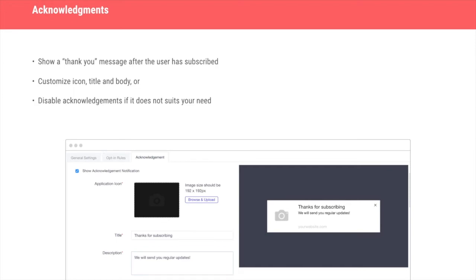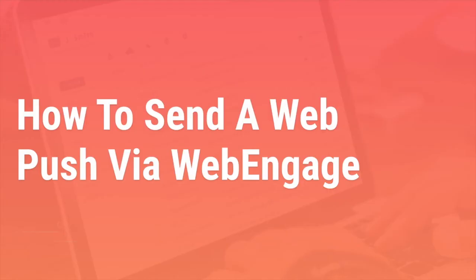Acknowledgements are other options that we provide. Once the user subscribes, the user is shown an acknowledgement message, something like thanks for subscribing, and some other description that you would want to put in with that message. So it's like a push notification that you would want to show the user once he subscribes. You can customize the icon, the title, and the body of this acknowledgement message. Or if it does not suit your need, you can even disable it altogether. That's it about setting up subscriptions